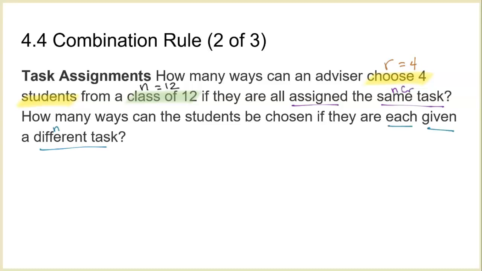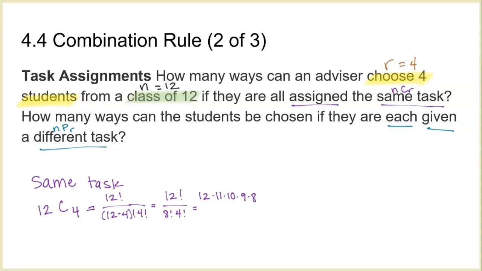A different task would mean that if there are 4 different tasks, I can be chosen for task A, I can be chosen for task B, or I could be chosen for task C or D, and each different task I'm chosen for is a different outcome. So that one we look at nPr. For the same task, it's a combination problem. We set that up, 12C4, and then we just set up the formula, and we go through and evaluate